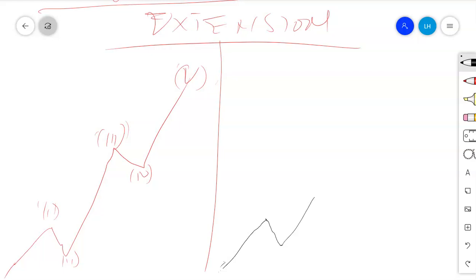Yes, this is 1. Now let me clear this, the third one. I need to show you how extension can be identified. Now you will find that the travel of the move, you expect this to be 3, and then things go on, this will be 4, then finally this will be 5. So now, how are you going to identify extension here? You will find that the distance traveled by the first wave is actually longer than the distance traveled by the third wave.